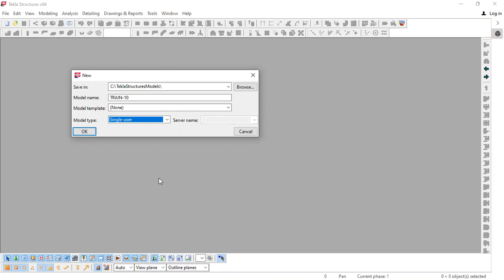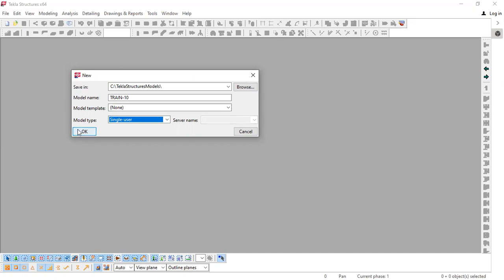It can also happen, or you can change in between also. You can switch to multi-user from single user.